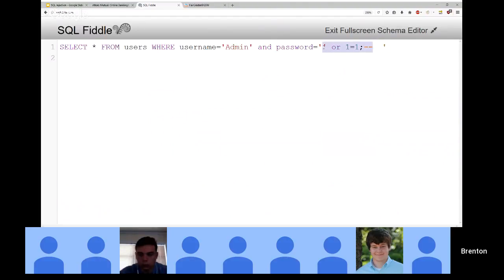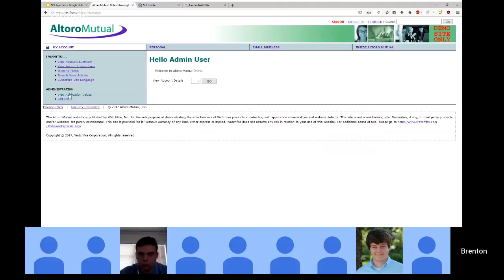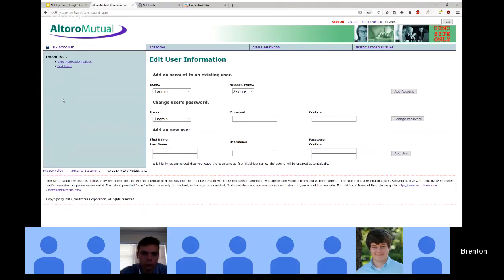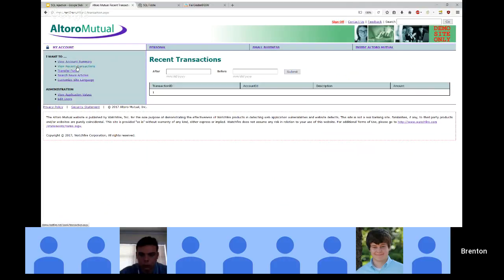And if we go ahead and copy and paste that into the password, it lets me in. And this admin account actually has tons of access to all these people's accounts. I can change these people's passwords and then sign into their account on my own. But suppose that this bank was a little bit smarter and they didn't give me all this access to everything. First, I would need to find out